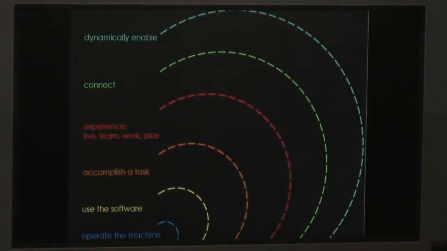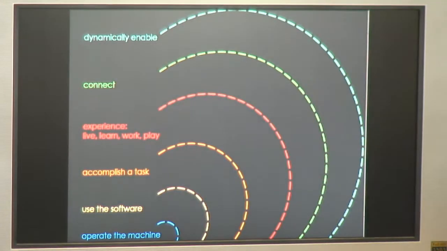So we're going through that phase now. And then the next phase of design, which we're entering, but is still very much an active area of research, is this idea of having interfaces that are dynamically enabled. What that means is that the computer itself should adapt to you. At the beginning, with the small blue square operating the machine, we saw how it was all about the human learning how to use the computer. You had to learn how to do the punch cards or program the wires or the command line. But now, over the 50 or 60 years, it's about the machine trying to adapt to you.